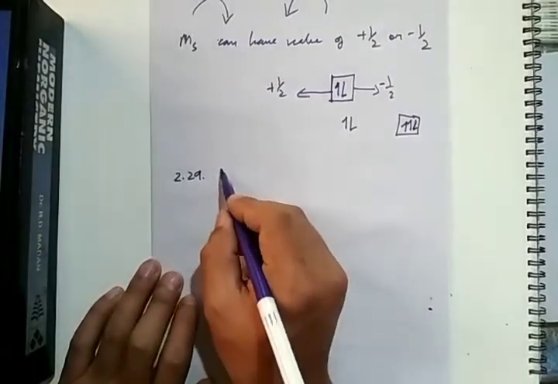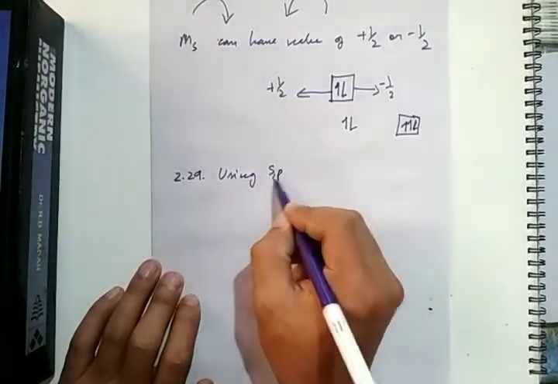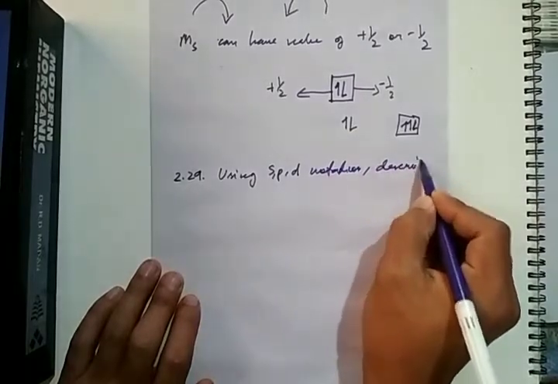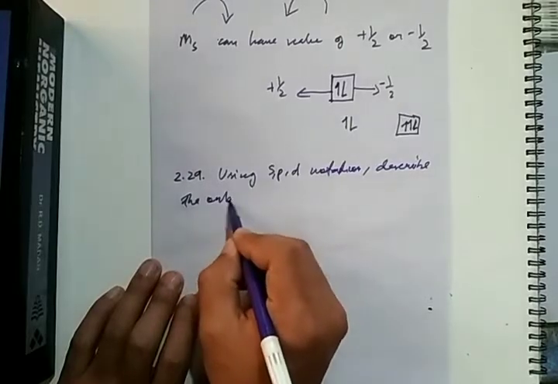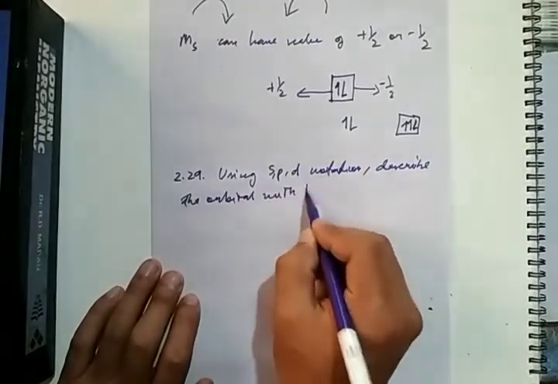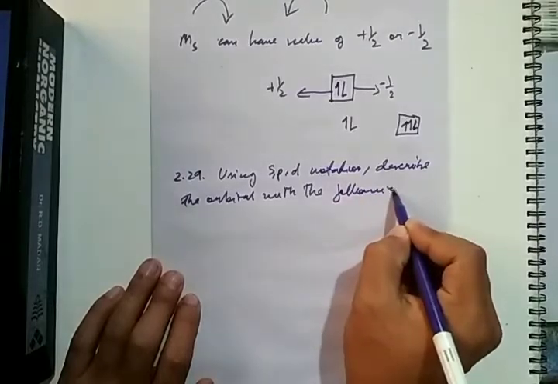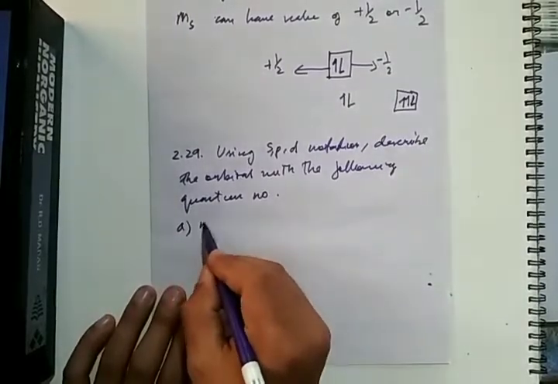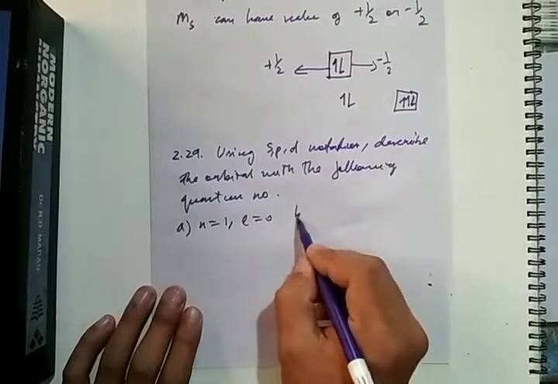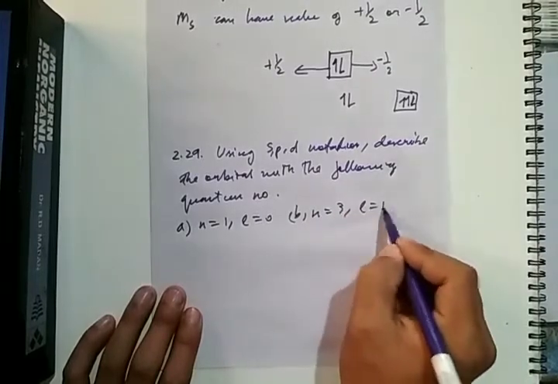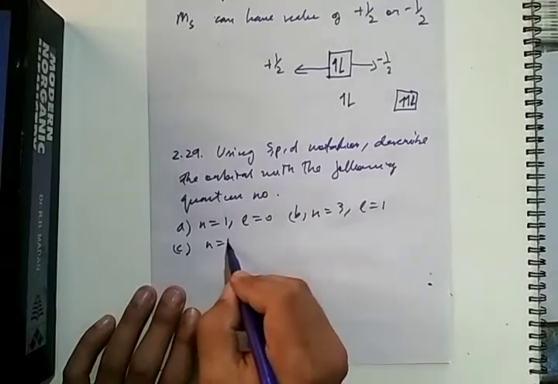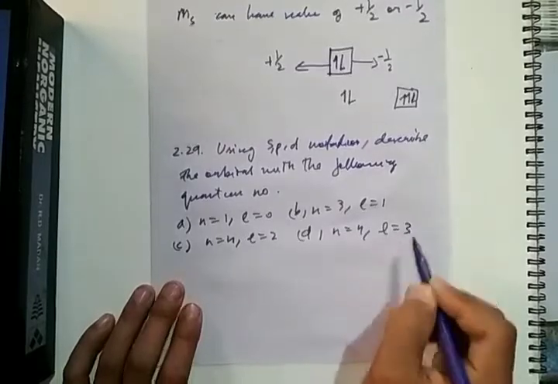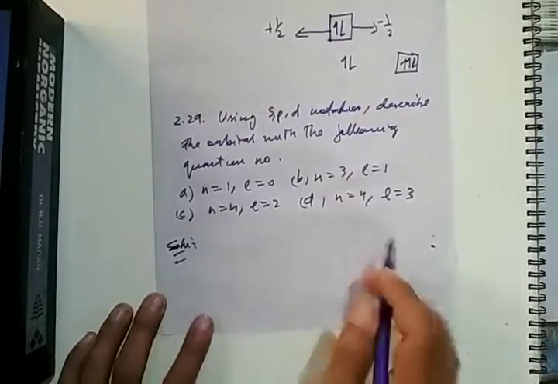So one question is given in your textbook. Using spd notation, describe the orbital with the following quantum numbers: A, n is equal to 1, l is equal to 0; B, n is equal to 3, l is equal to 1; C, n is equal to 4, l is equal to 2; D, n is equal to 4, l is equal to 3. So, solution: